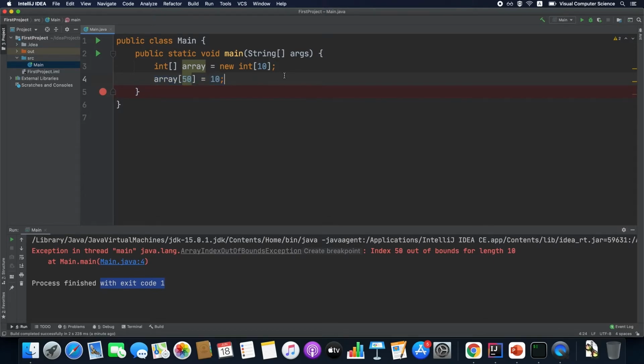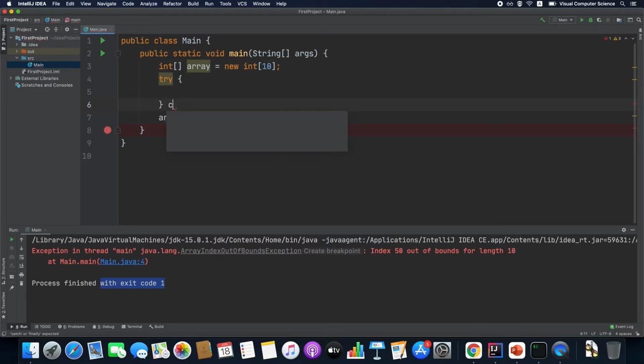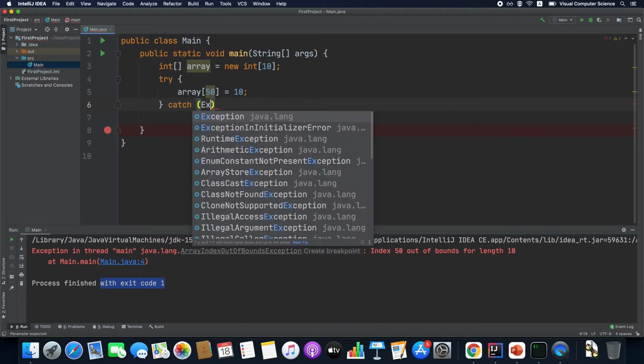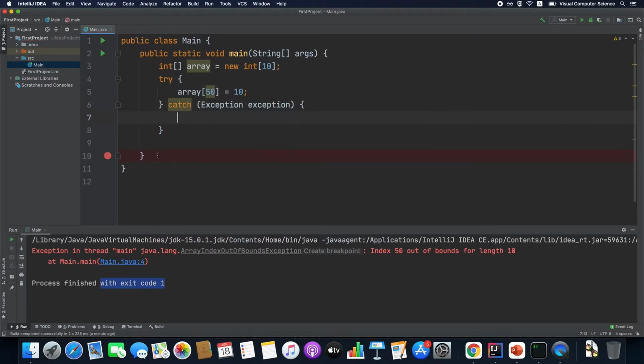So what we're going to do now is to handle the exception. How can we do this? By using the try-catch construction. This is a very simple construction where we have a try block here where we place our code which can throw exceptions. And in the catch clause here, we have to place the actual exception in a way similar to a method parameter actually. And the semantics is that whenever this code is executed and it throws an exception, the control is moved into this catch block, right?